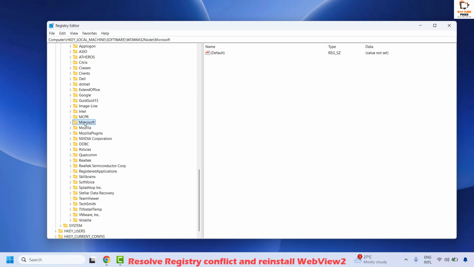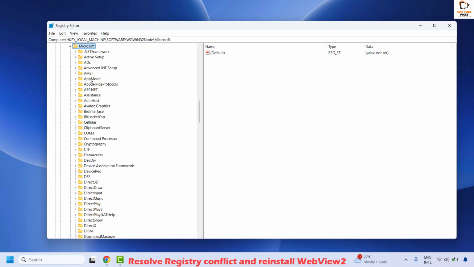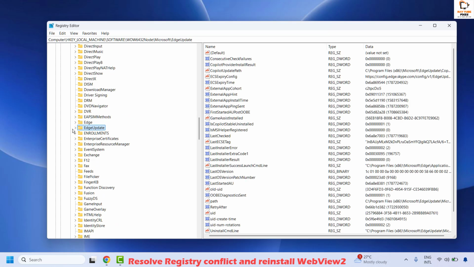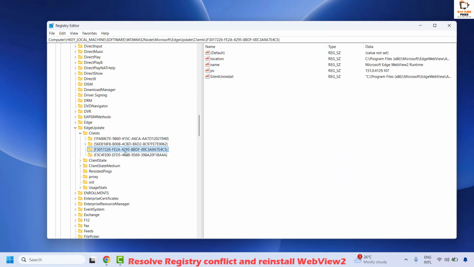Again, it would be in alphabetical order. Expand Microsoft by clicking on the small triangle. Under Microsoft, you will have to look for EdgeUpdate. Once you locate EdgeUpdate, you will have to expand EdgeUpdate and then expand Clients. Under Clients, you will have to look for the registry key which ends with 4C5. Once you locate the registry key which ends with 7E4C5,